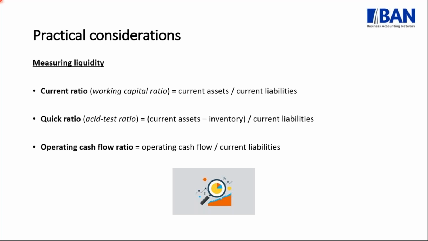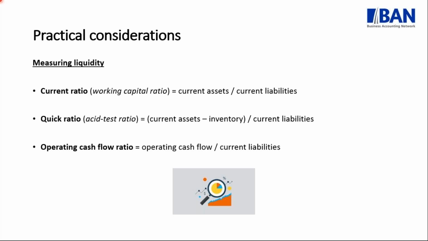And you might not be in the manufacturing industry, you might not even have inventory, you might be in the service industry, you might have other current assets that are specific to your business that are not very liquid, for example, prepayments. You can then use this quick ratio and adapt it by taking off your illiquid assets and then comparing that to your current liabilities. Now, for your quick ratio, the norm is usually 1.2 to 1, which I'll explain when we do the example. But ideally, you would want it greater than 1. You would want your liquid assets to at least cover your short-term obligations.